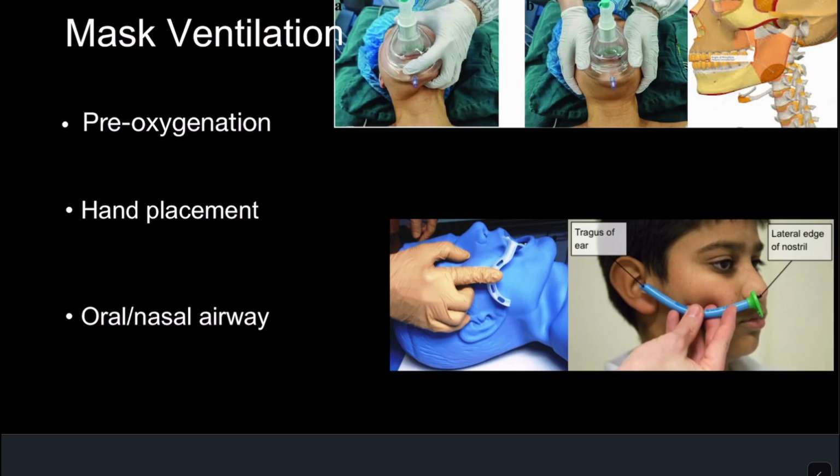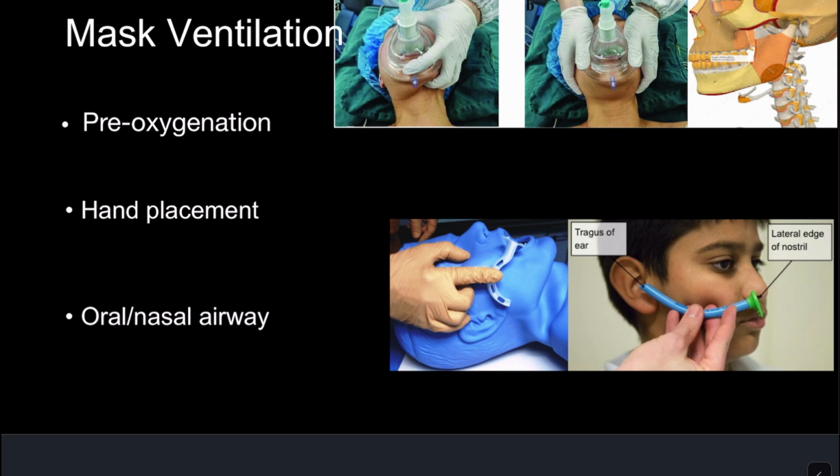Mask ventilation is an essential part of anesthesia. Dr. Nate Smith in Rapid City, he's an anesthesiologist. When I was first rotating with him, he said, I don't care if you know how to intubate, but I definitely care if you know how to mask ventilate, because mask ventilation is what saves lives. I think it's a really cool point. Intubation's super flashy, but sometimes you can't intubate and you're forced to find a way to mask ventilate